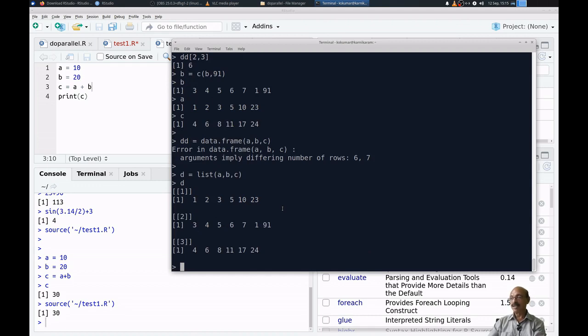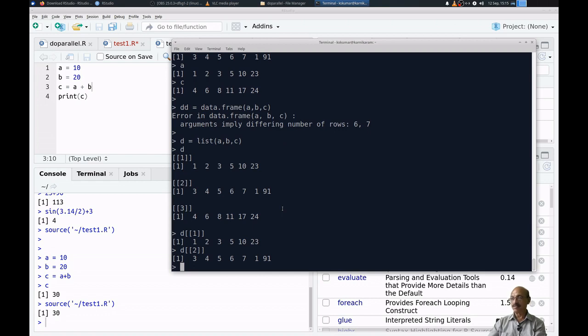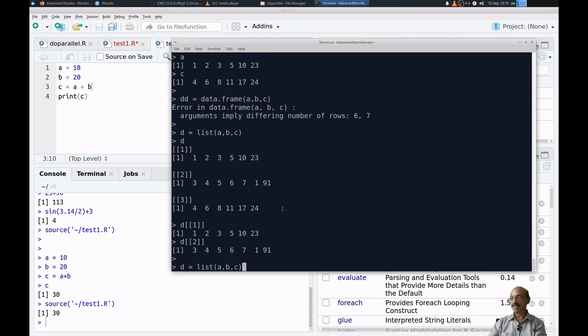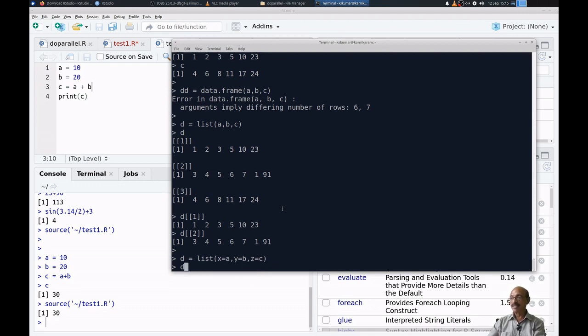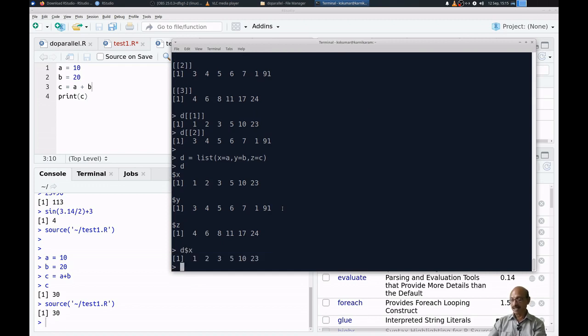If you want to get the first column, you can type 1. So this will give first, right? If you want to get the second row or second column or second unit, you will get 2. You can also assign variables like x is equal to a, y is equal to b, and z is equal to c. Then each column has got a separate name. If you want to get the first one, you can simply type $x, so it will give x. Even otherwise you have to give like this. Okay, so both ways you can do.